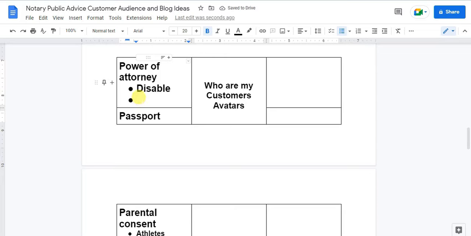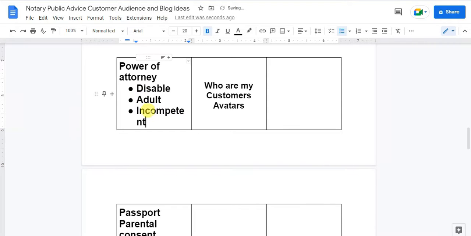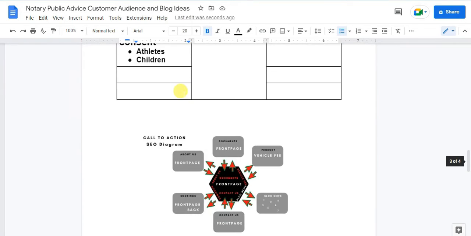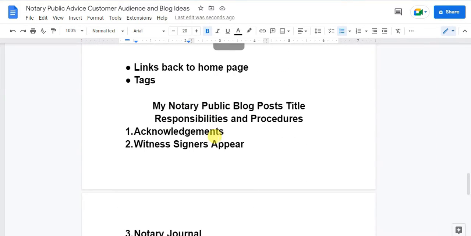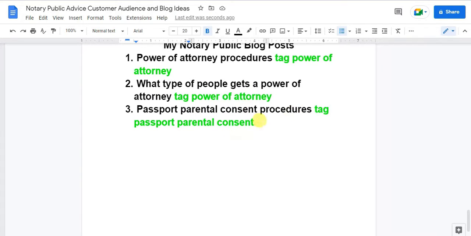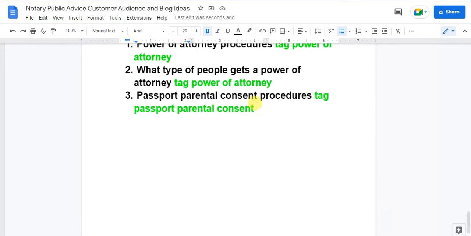This could be someone that is an adult, incompetent, someone incompetent, and just like that. Okay, so make sure that you include what are the type of people who will need this power of attorney. And parental consent, you can say here, okay, for athletes, minor league athletes, and as well